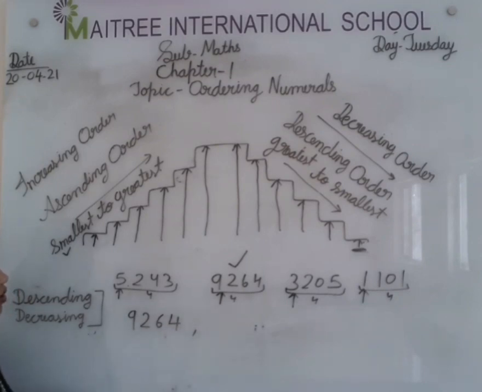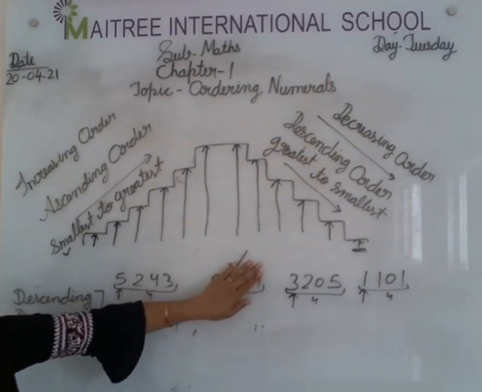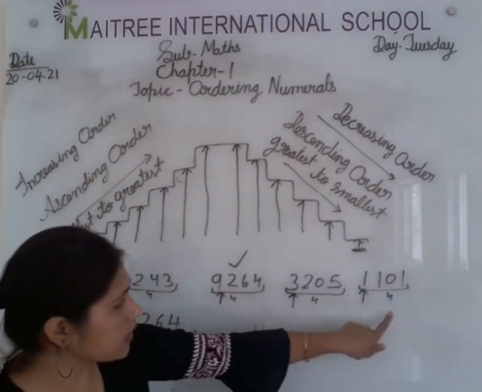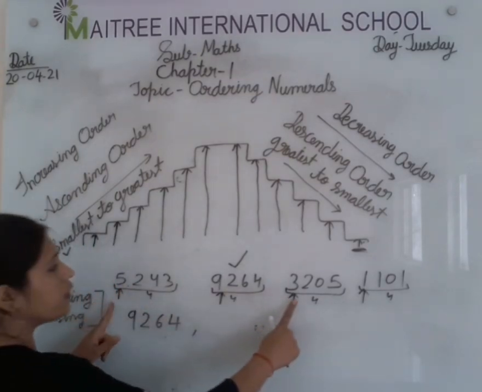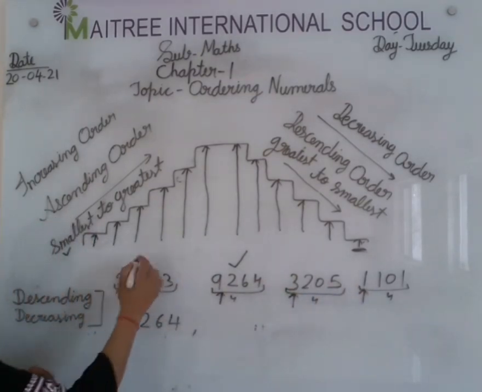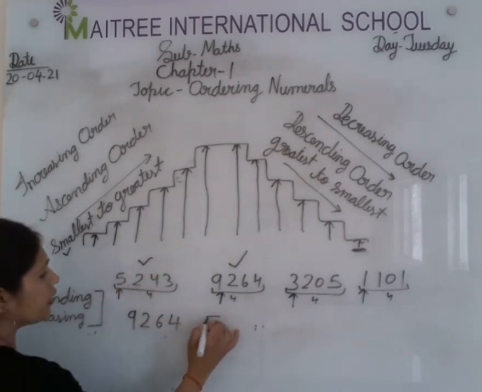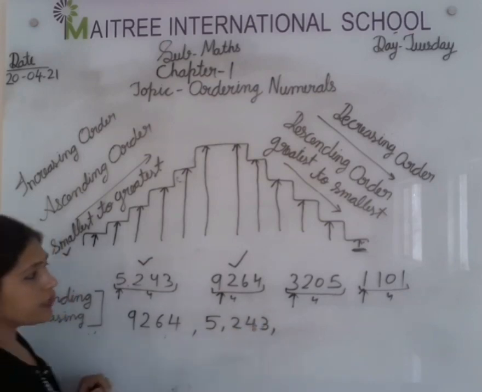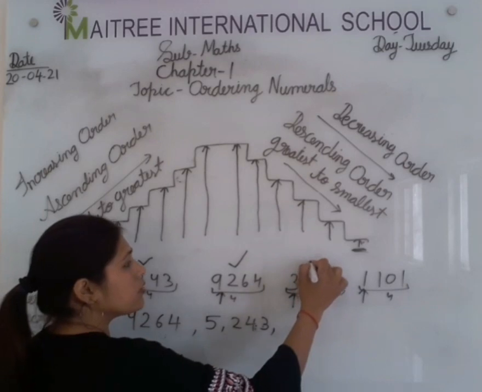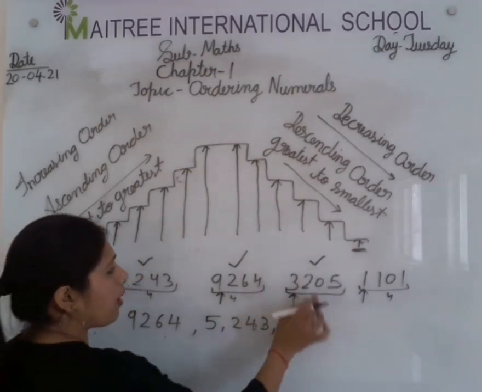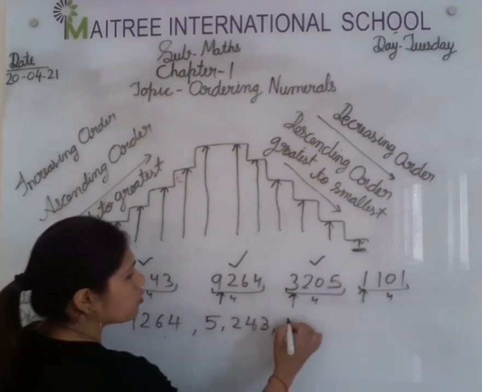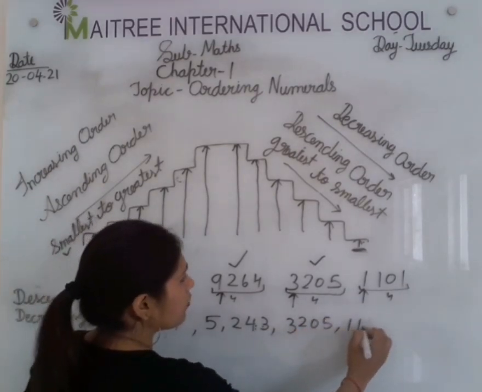Now we will not look at this number because we have written it in the correct place. So now we are left with 3 numbers. Here we have 5, 3, 1. So which is the greatest number here? This one. So make a tick and write it here. After this you are left with these two numbers. अगर मैम दोनों में से कंपेयर करते हैं, ये सबसे बड़ा नंबर है because here we have 3, here we have 1. So I am making a tick here and writing this number. And the last we are left with this.